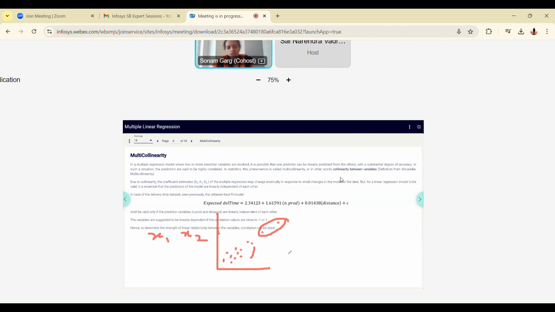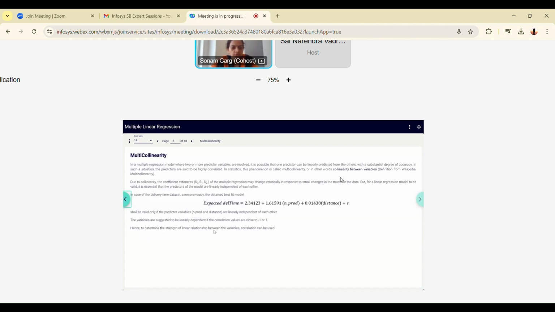Which one to take, x1 or x2? Some of us will end up taking x1, some of us will end up taking x2. But if I do it mathematically and if I prove it, then it becomes easy for all of us to come to the same page. So we have methods to do this. We can find correlation between the variables using either the Pandas library or the NumPy library. They both provide you some ways to find correlation between variables.